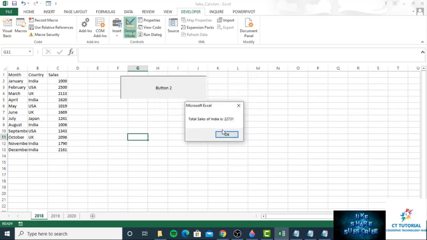So it will give you the total sales of the mentioned 3 years.